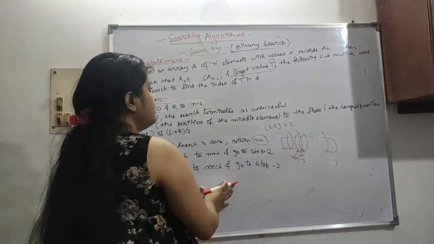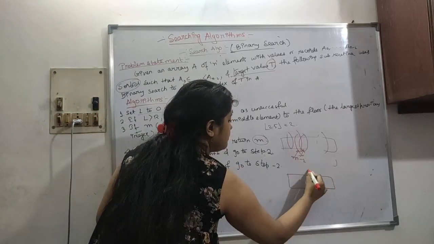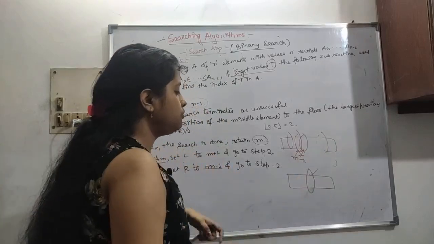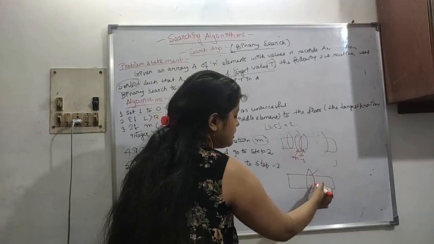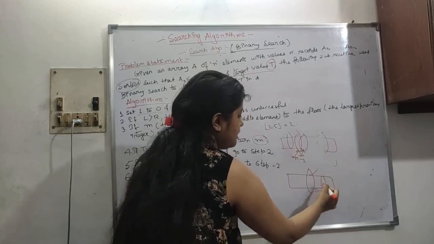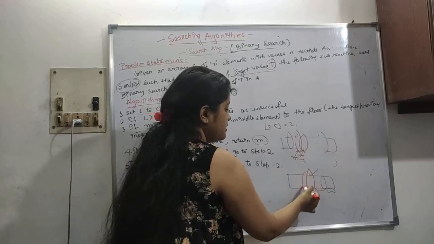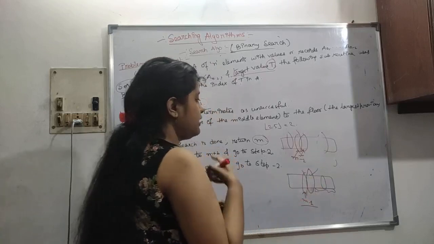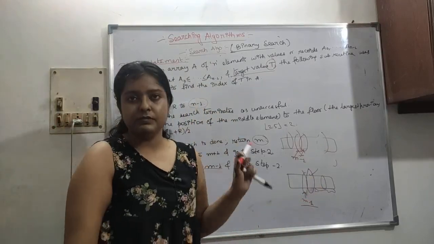So now we will see the code, and I hope you have understood. The basic idea is that we have to find the middle element. If it is the actual target element, then there is nothing to do. If the target element is greater than the middle element, we have to change the left pointer to here and search again in this part. We have to find the middle element again, and recursively do this, or else we have to change the right element to m minus 1. So basically this is the idea behind this algorithm. Now let's see the code of this binary search.